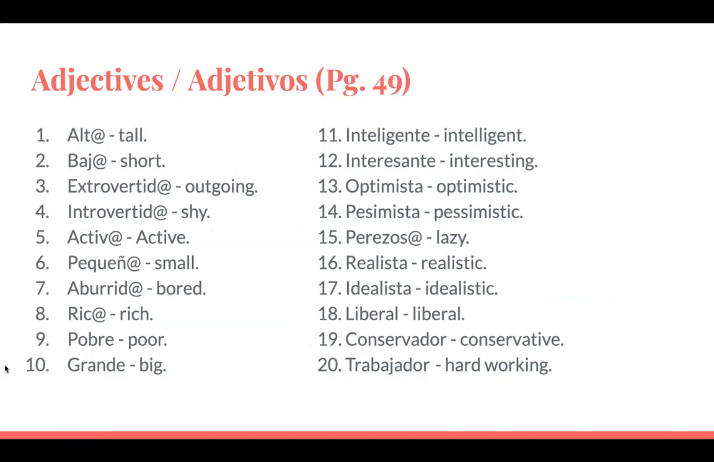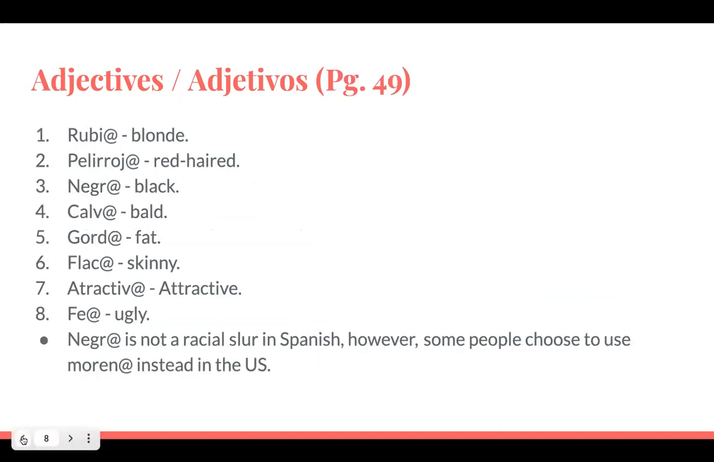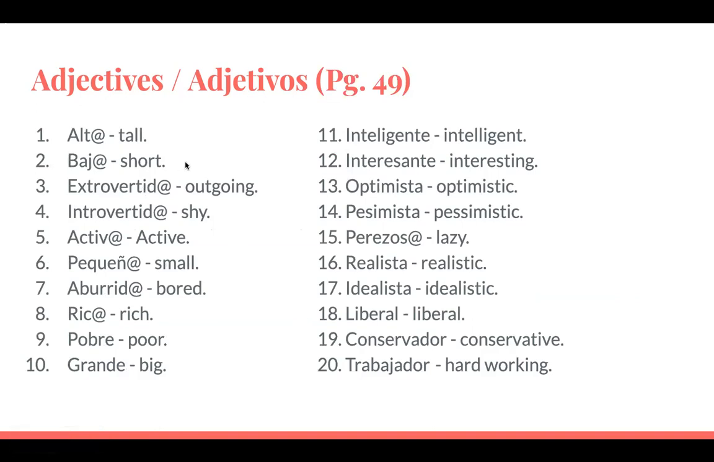So, and these are the adjectives. I think I have two slides of these, and these are on page 49 in the book. Not that you have to look them up, it doesn't matter. But alto or alta is tall, bajo or baja is short, extrovertido or extrovertida is outgoing, introvertido or introvertida is